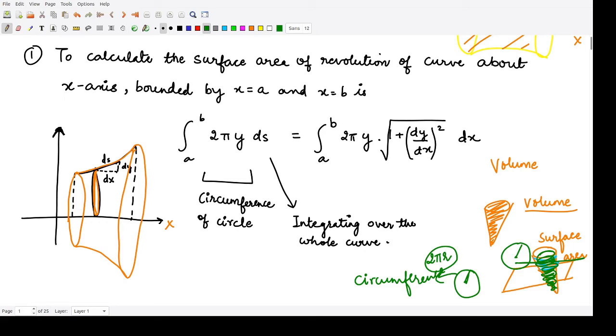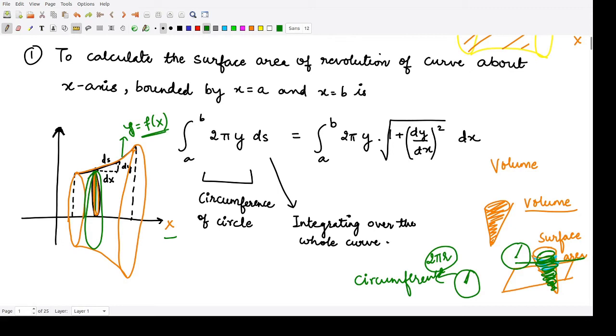So that is what we are intending to do for calculating the surface area of the solid which is formed by revolution of a certain curve. This is the curve that is given to us. Say this is a curve y is equal to f of x, and we are rotating this curve about the x axis. We take a very small circle out of it, and the circle would be like this, right? One circle would be like this, and what would be the circumference for this circle? It would be 2 pi into this vertical distance.